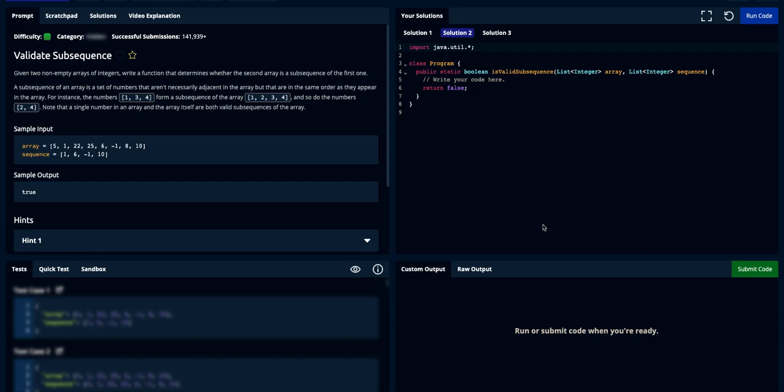We're going to be covering this question, validate subsequence. The question reads: given a non-empty array of integers, we're going to be asked to write a function that determines whether the second array is a subsequence of the first one. And then they give the definition of a subsequence: a subsequence of an array is a set of numbers